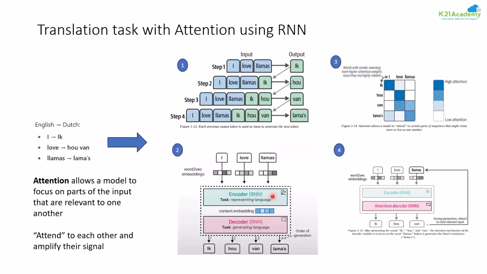Now what is a transformer? Let me help you understand with this example. If I want to do a translation task with attention using RNN, how was it working? I'll give you an example. This is with respect to RNN I'm explaining it, and then we will see the similar kind of task if I want to do it with the transformer and self-attention mechanism. How does it actually work? Now I have a sentence which is I love llamas, and in Dutch it is Ik, hou van, llamas. This is how you write in Dutch, and I want to do this kind of task.